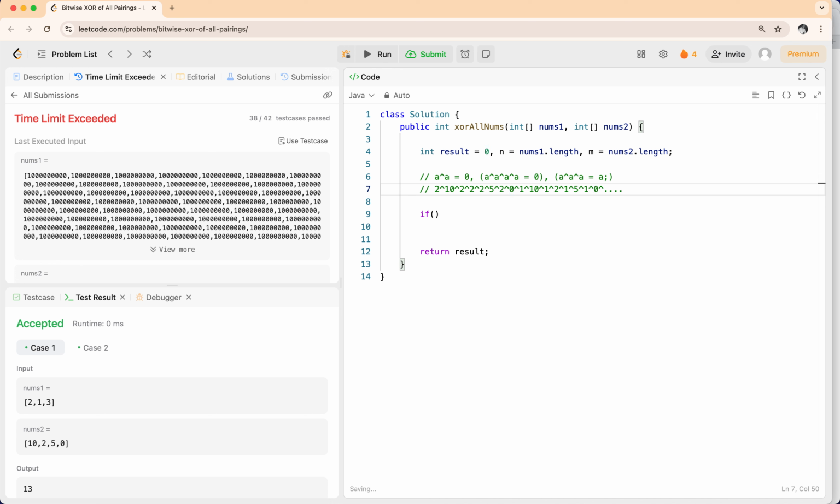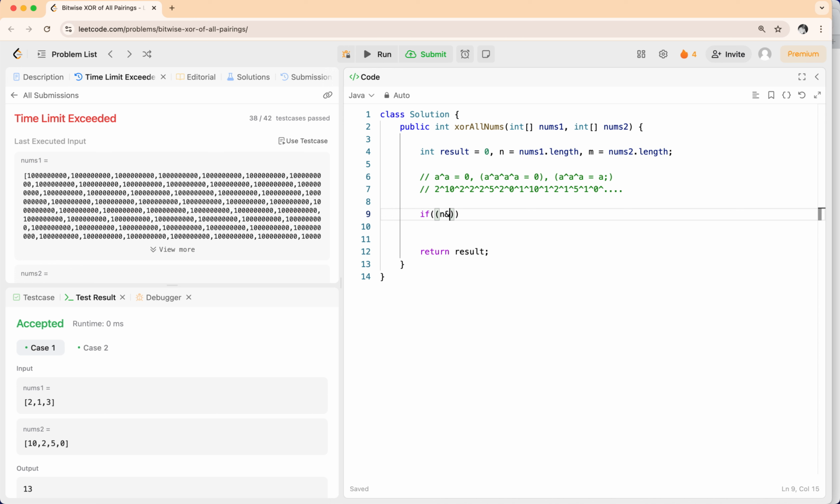Okay, so if you can imagine this thing, so in this 2 XOR is occurring, 2 is occurring 4 times because there are 4 values. 1 XOR is occurring 4 times because there are 4 values. 3 is also occurring 4 times because there are 4 values in this other array. But all these 10, 2, 5, 0, these are occurring 3 times. So because of our understanding that, if something is occurring an odd number of times, it will be that value itself. So we can take this